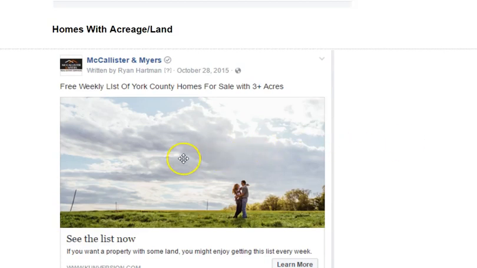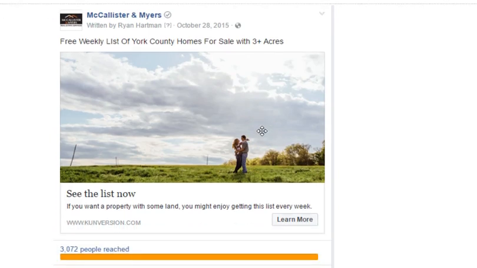Homes with acreage or land, free weekly list of York County homes with 3+ acres. This is great for people with growing families, for example, or even they might be in their city home, their first house that they bought, starter home in the city, and now they're thinking about stretching out. You're going to get some interesting opt-ins to this, not only just regular buyer leads, but somebody who might need to sell that smaller house and